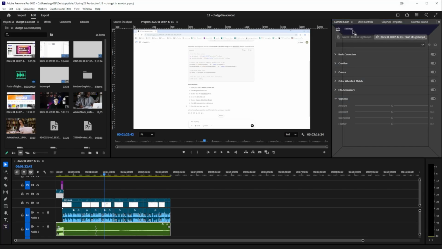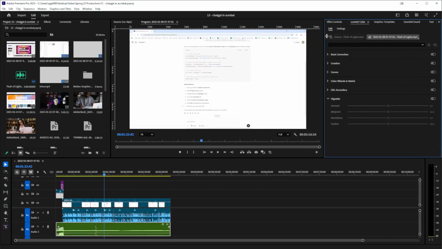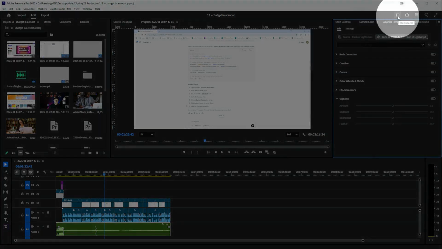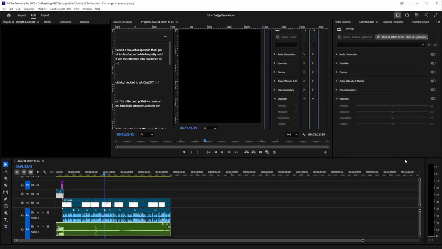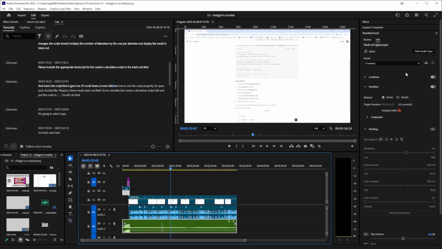Additionally, if I like to move these panels around, I can adjust them, I can select them, I can make them larger, I can make them smaller. And if I want to, I can always come right back up to Workspaces and reset it to the previous layout. Additionally, I can come in here and save it as a new workspace. But for now, I'm going to go back to Effects because that's the workspace I like, and leave it there.